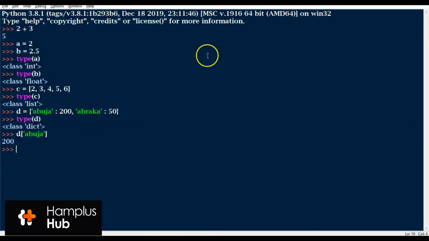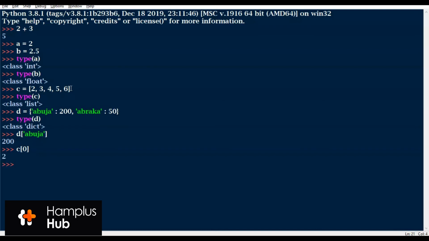And we should know that index position in computer science, not just data science, starts from 0 and not from 1. So considering the list we have on our screen, where the variable name is C, if we give C index position 0, it returns 2.